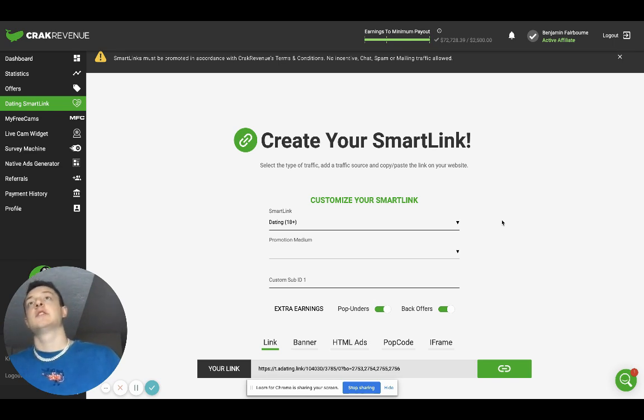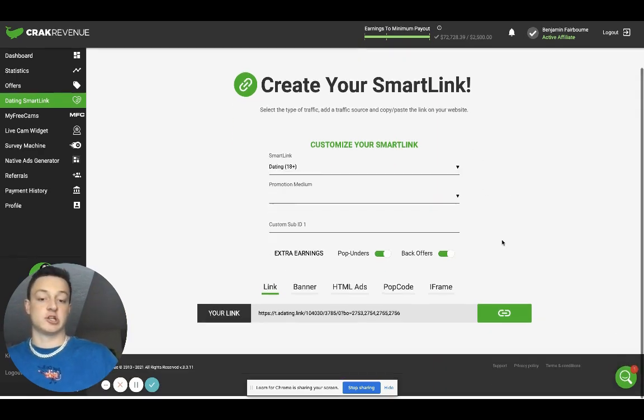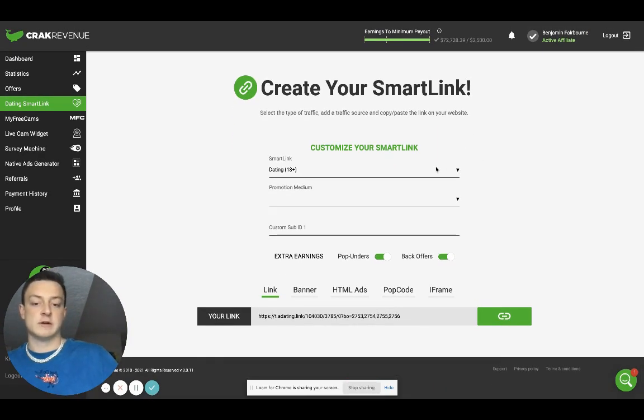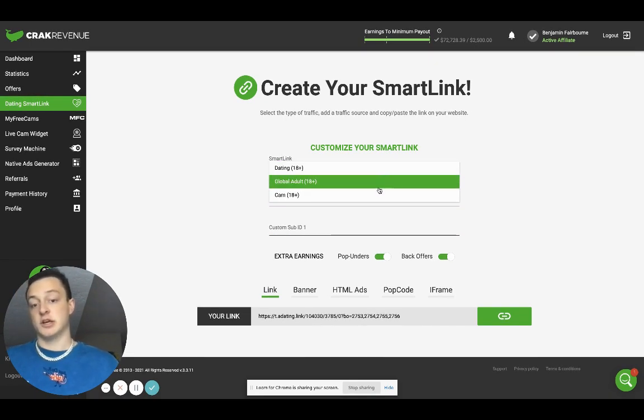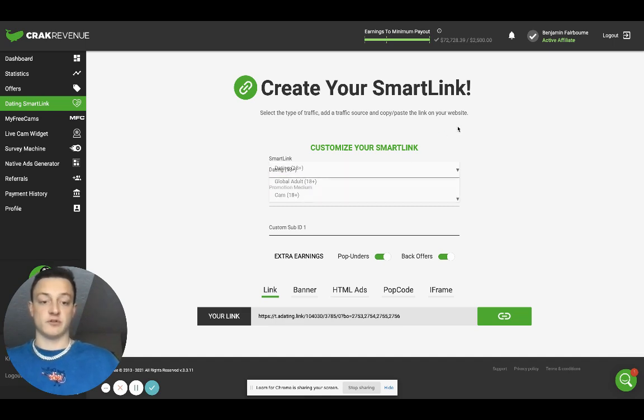Basically, guys, how Smartlink works is based off the country, the device type, the browser they're in, all this stuff. They're going to push an offer to someone that you send to your link. This Smartlink just kind of knows what offer. But you can kind of do this too. You can have specific types of offers it will push based off the traffic.